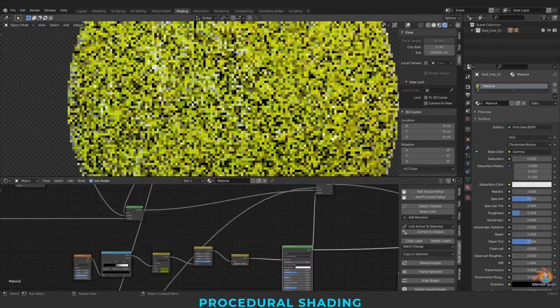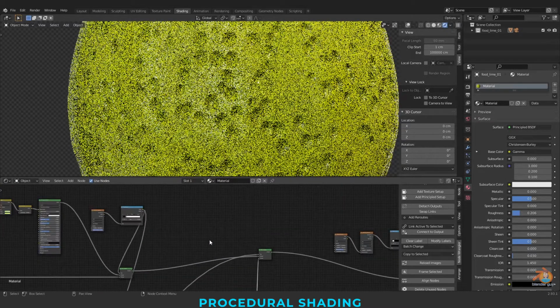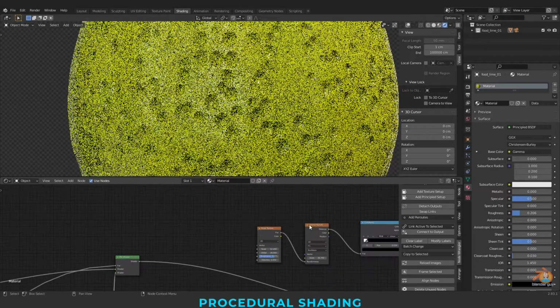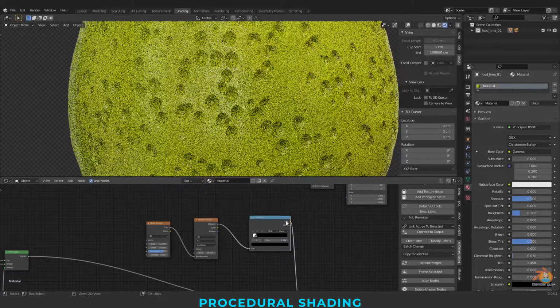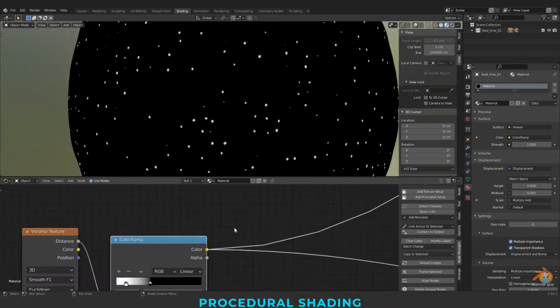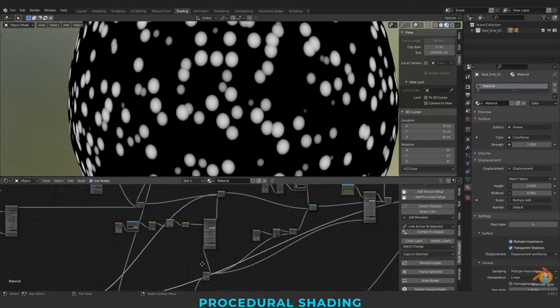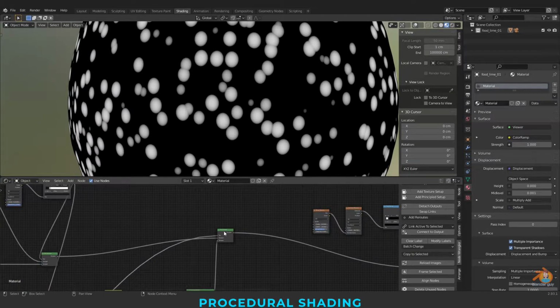Next one is our dots here, big dots. For that again we have used a Voronoi and blended both these big dots, and we have blended these both materials here.